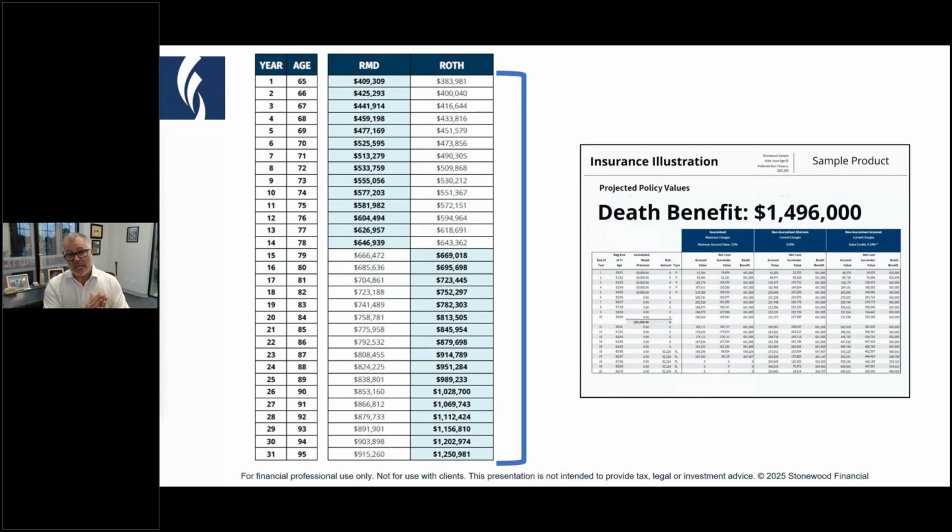So to me, this is just a great way to have this conversation with your clients, which is, we've got this tax-free money and it's going to the kids or it's going to our heirs. Let's use the vehicle that was built to do it. Now,